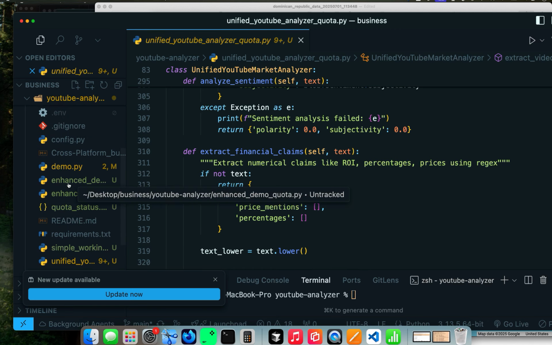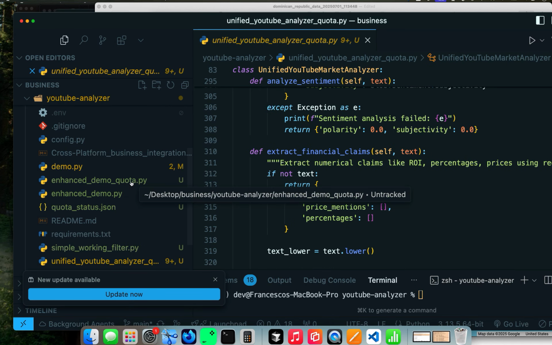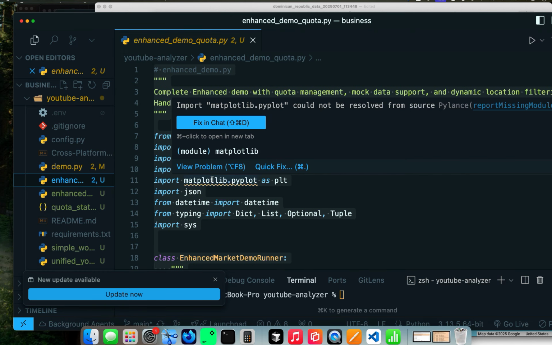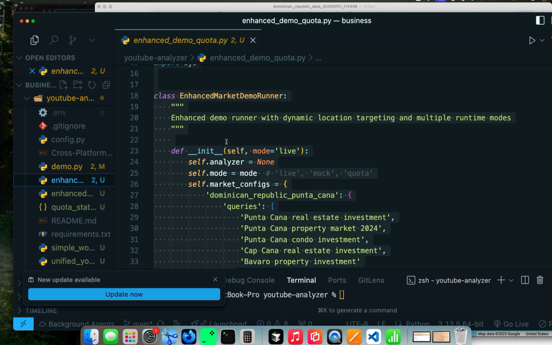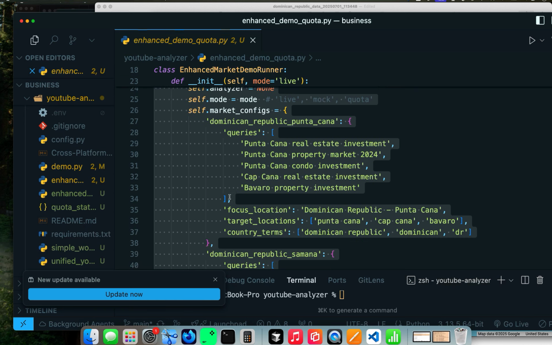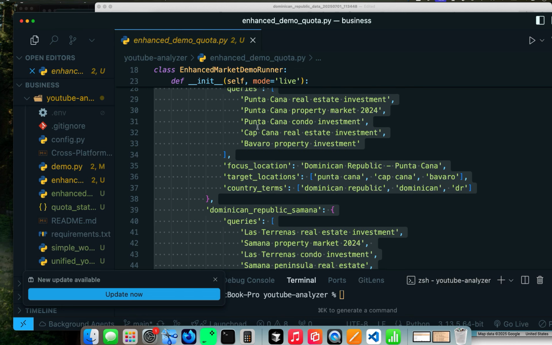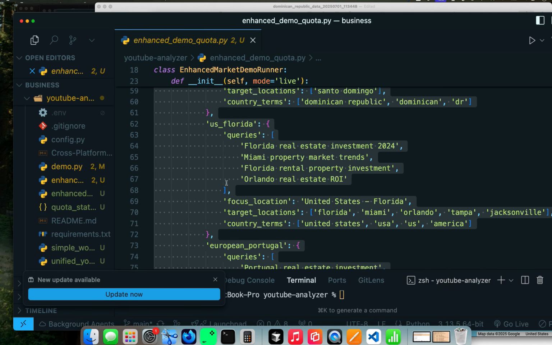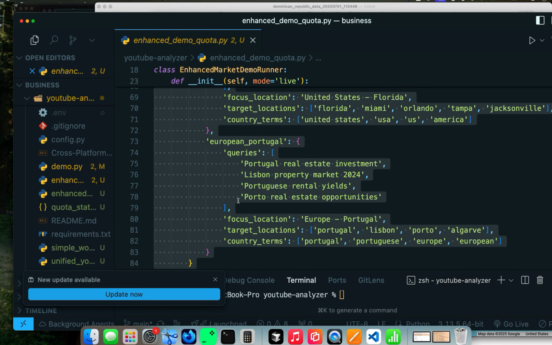this is the code that you're going to be running, and it's this one right here. This is the demo, and I'll show you from the beginning. Basically, what you will be doing, just like we did with this same one, is initialize the analyzer. You have the analyzer here, very similar. It's using the same stuff from the YouTube analyzer, so this is where that's coming from. This is the Punta Cana stuff, this is Las Terrenas stuff, and this is Florida, just to have something to compare with, and also Portugal. I chose Lisbon,